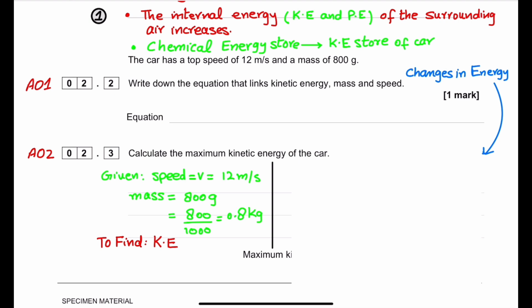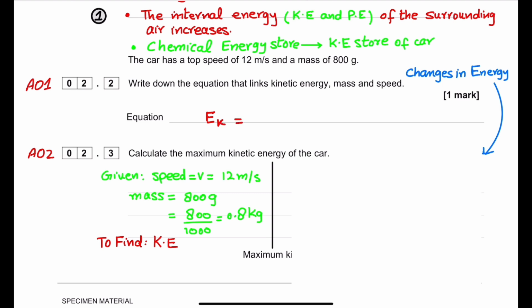The car has a top speed of 12 meters per second and a mass of 800 grams. 2.2 is an AO1 question, and this question is from the topic of changes in energy. Write down the equation that links kinetic energy, mass, and speed of the car. It is an AO1 question. The student must remember the equation of kinetic energy. That is